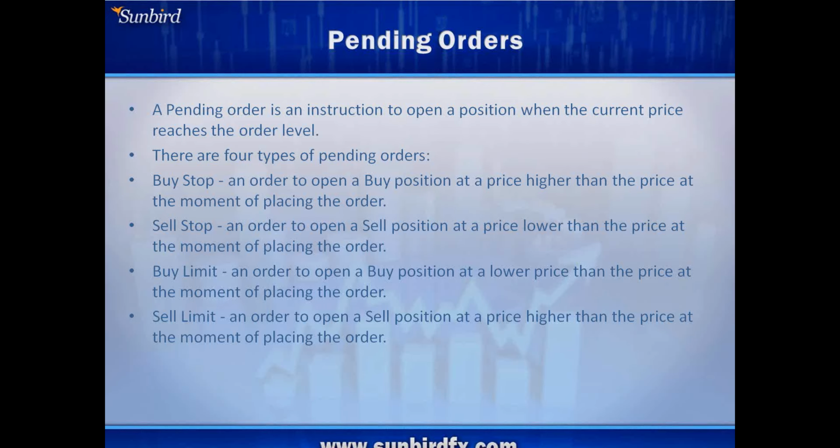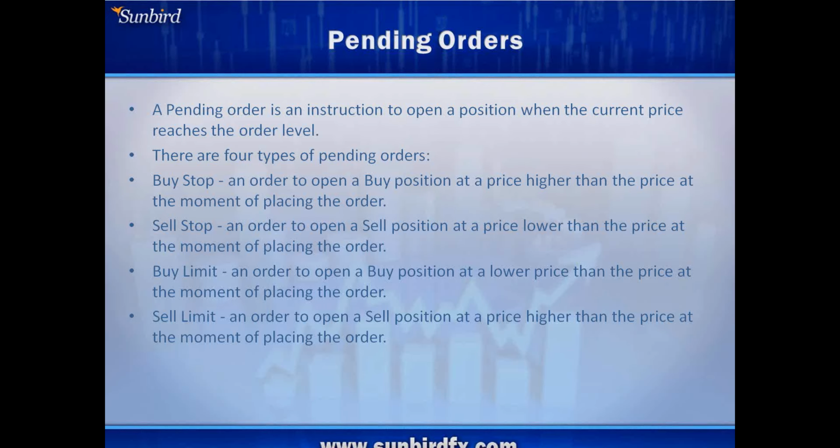All right, very clear. I'm just going to repeat it. Buy stop is a buy position at a price that is higher than the current market rate, meaning that if the current market rate is at 1.5 and it reaches 2.0, this is your buy stop. It opens a buy position. Next, sell stop. Sell stop is an order to open a sell position at a price lower than the current market price. If the current market price is at 1.5 and it reaches 1.2, which is your sell stop, it opens